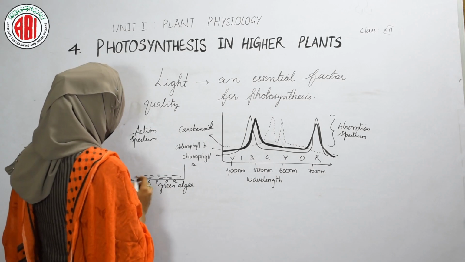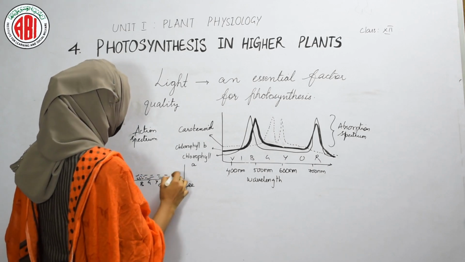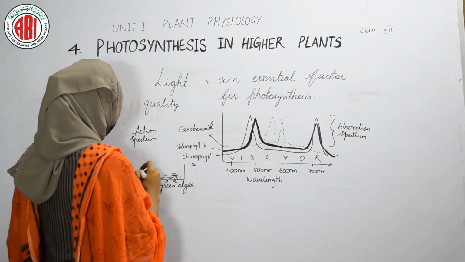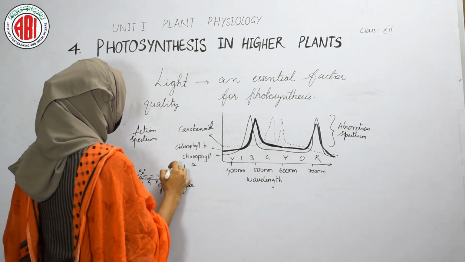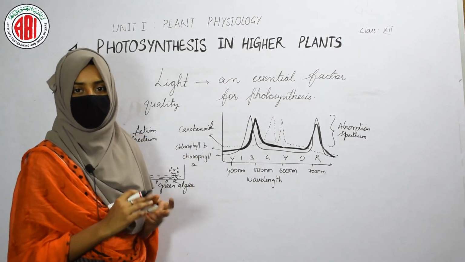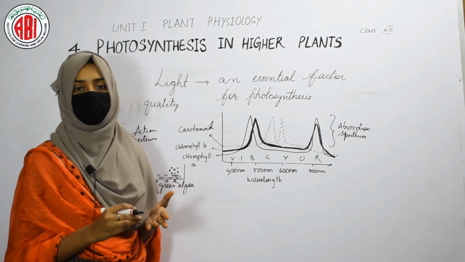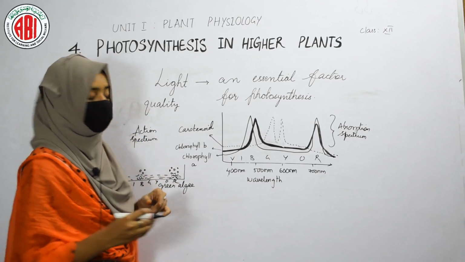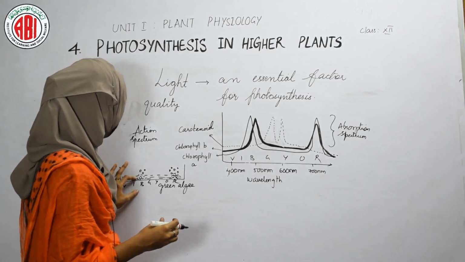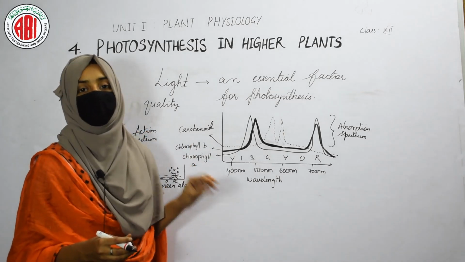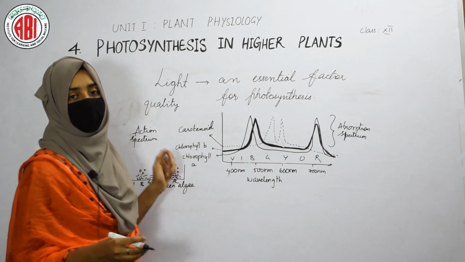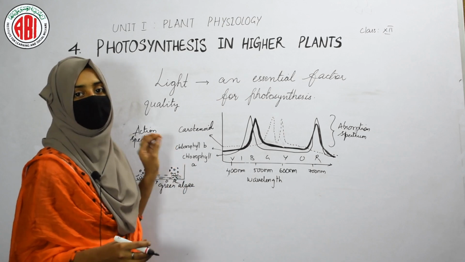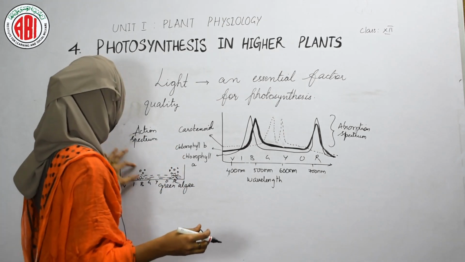These green algae accumulate in the blue as well as in the red region, and in the blue and red region we can find the presence of bubbles. When oxygen is released, we get bubbles in the water. So, this experiment indicates that the blue and the red region is suitable, where the green algae absorb the wavelength and show the maximum absorption, and even the maximum action can be seen in the blue and red region.